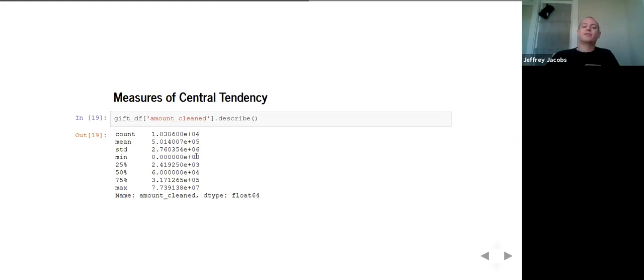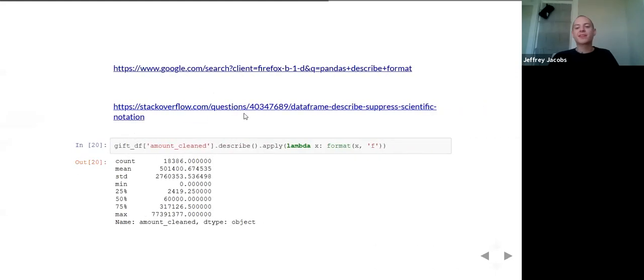So I read this and I'm like, I'm not good at figuring these out. Pretty much the only one I can immediately interpret is that the minimum is 0. So for some reason there was a gift of $0 recorded. Who knows why? And it's a learning opportunity, because I just wanted to show you, I just Googled